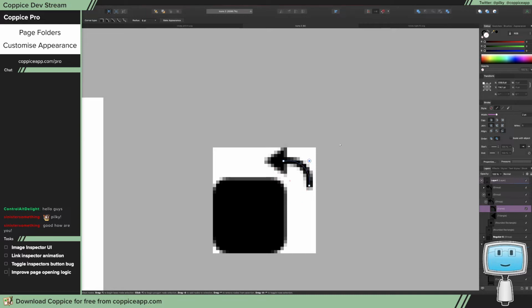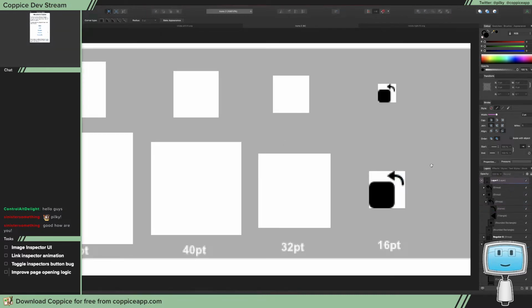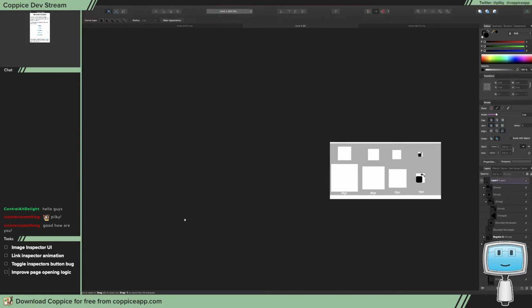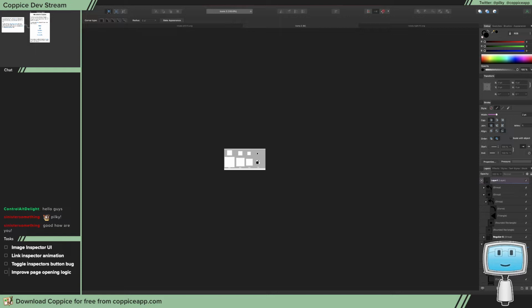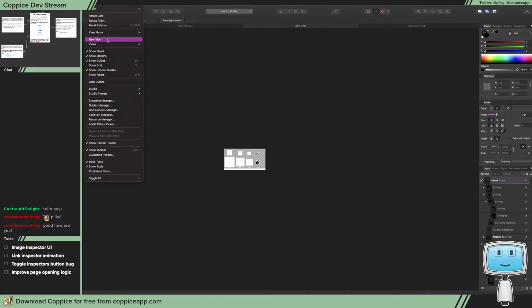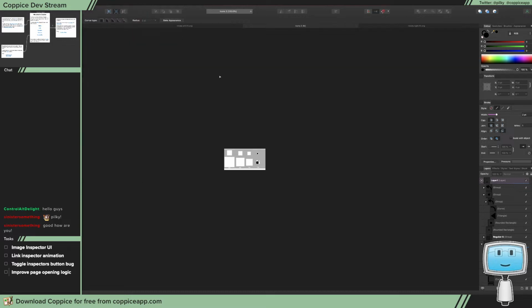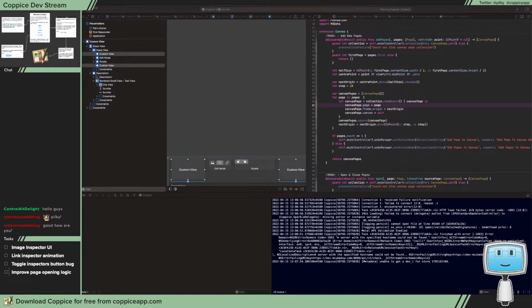Radius. Convert to view mode, pixels better now. They look fairly good. Convert over here to